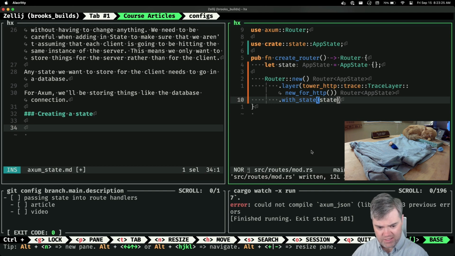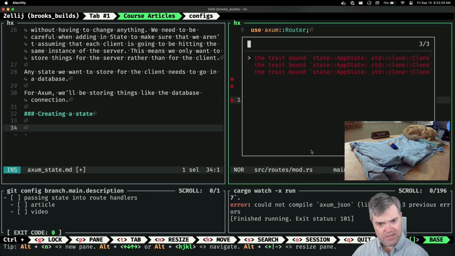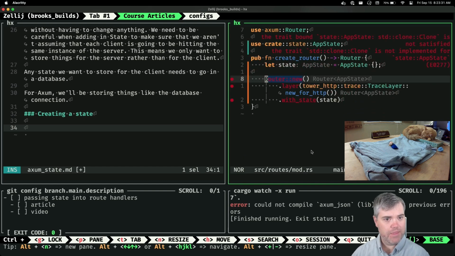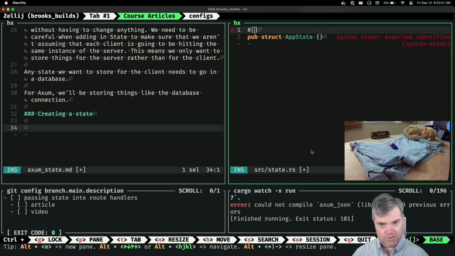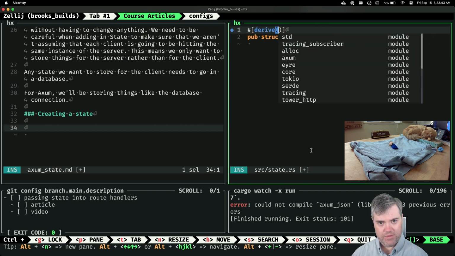And then you should yell at me. Okay, yeah, finally in here. The trait bound State: Clone is not satisfied, and I think that's the only place it yells at me. So if we come here, we're going to derive Clone.